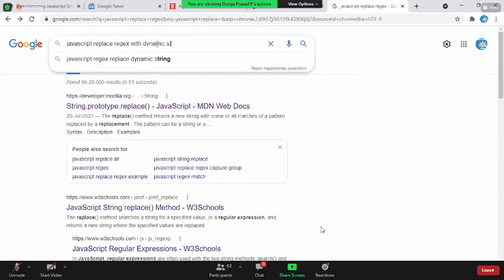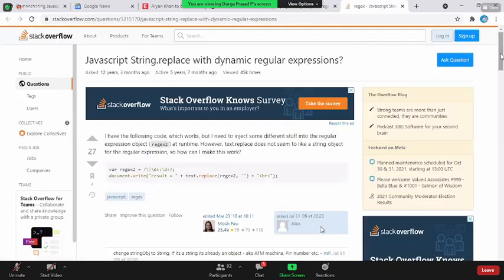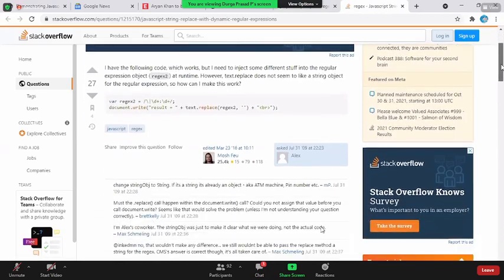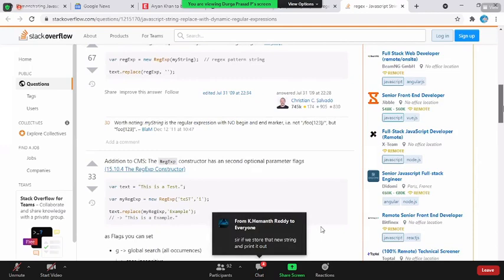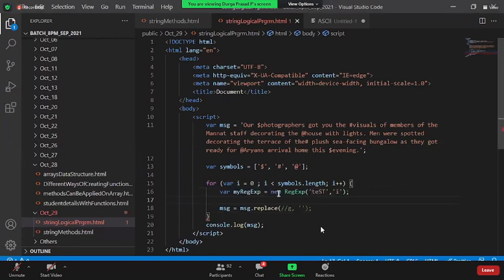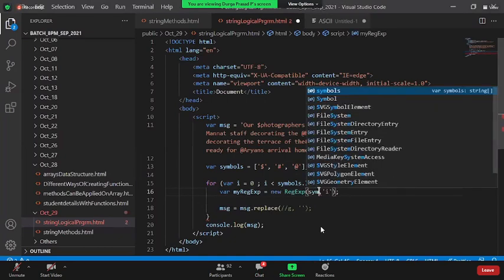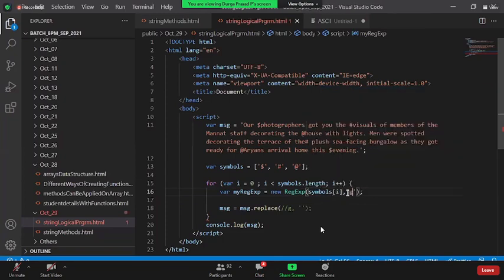What is regex, sir? Regular expression shortcut. My expression is equal to new RegExp of symbols of i, and here it has to be global.